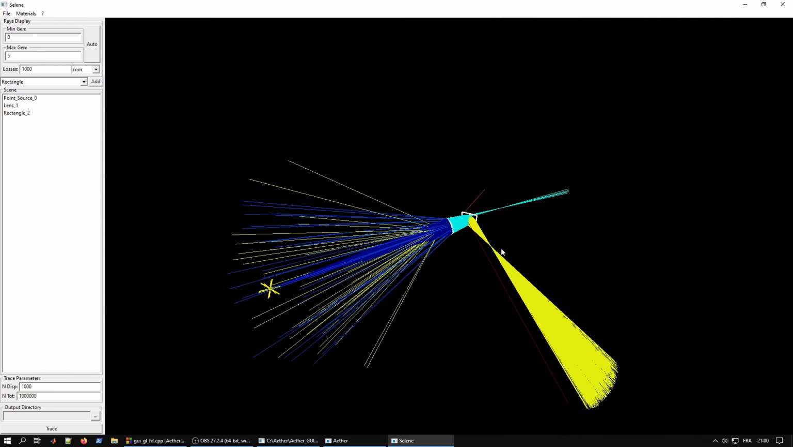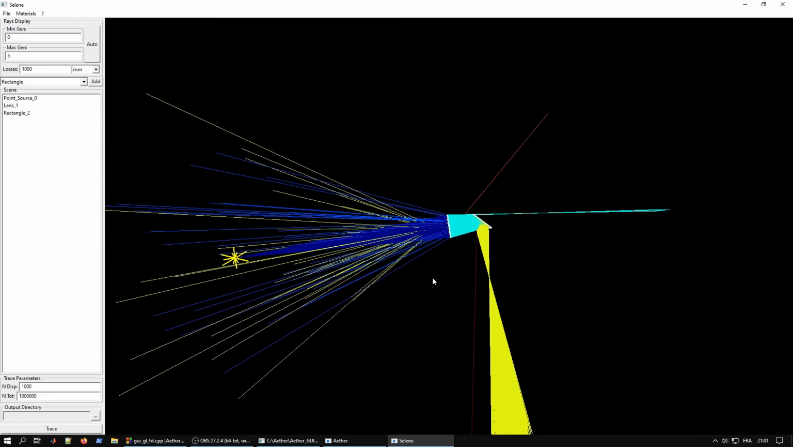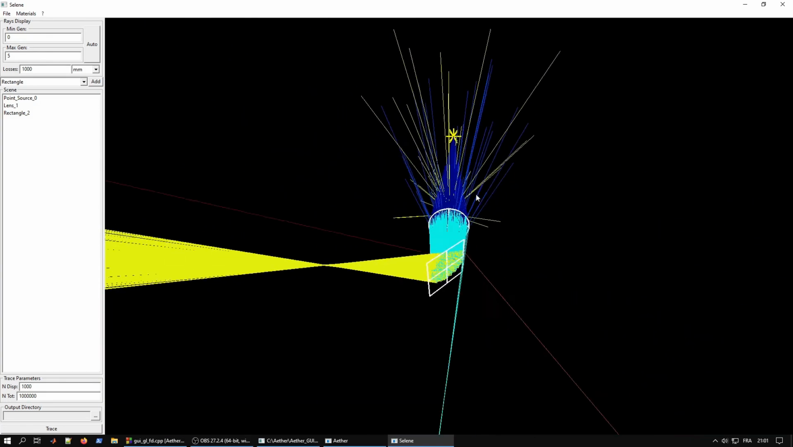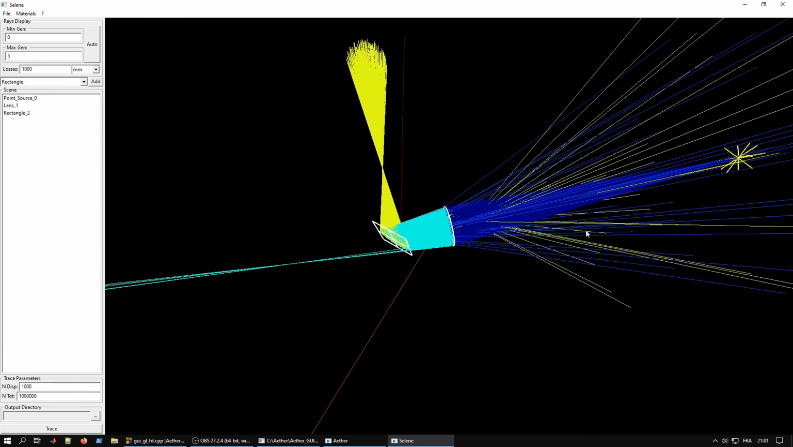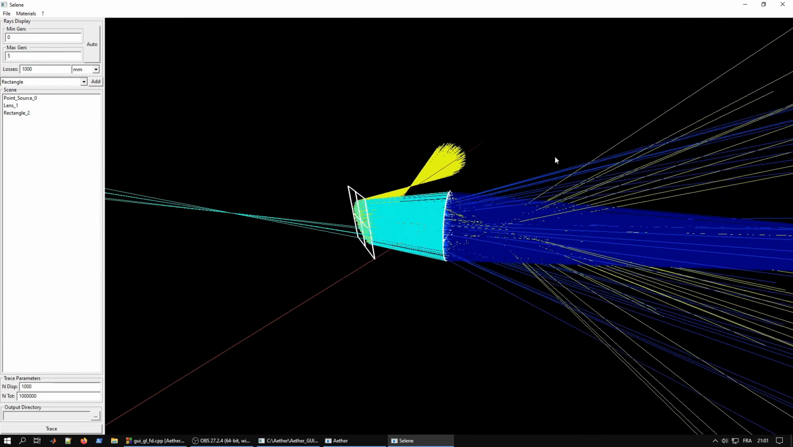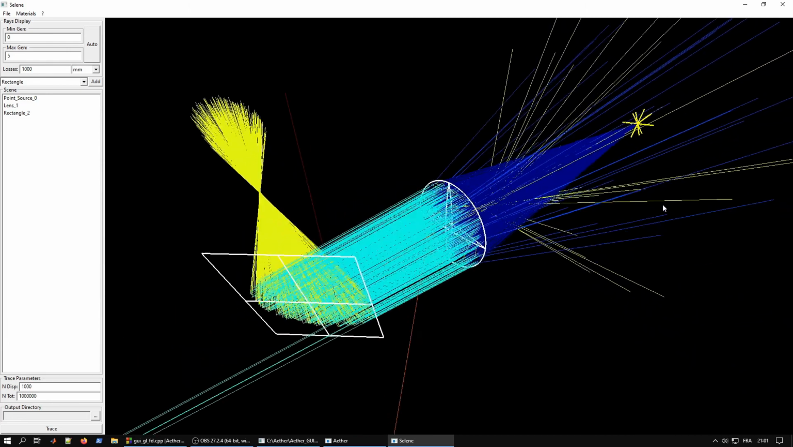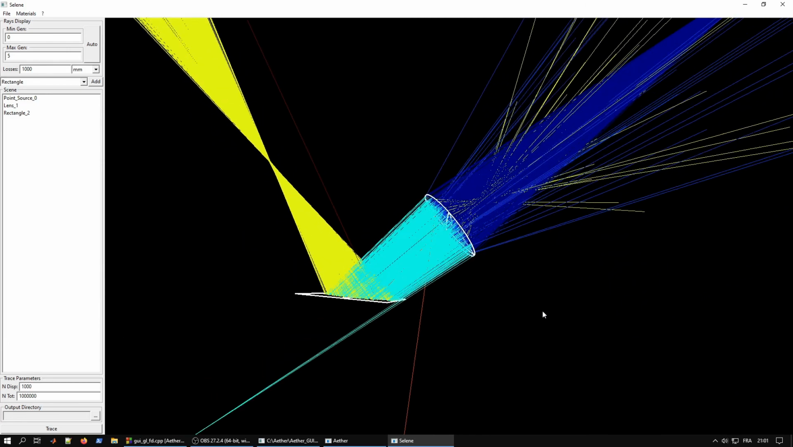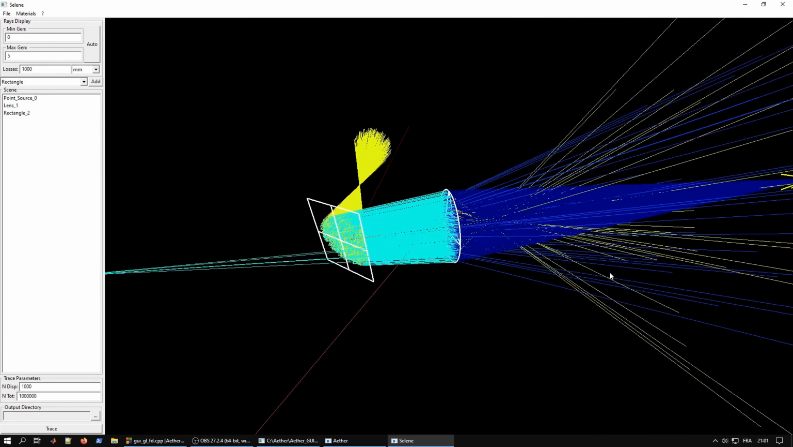So that's basically it. It's a very simple scene. It doesn't contain any sensor, but it helps visualize the different paths and getting a feel